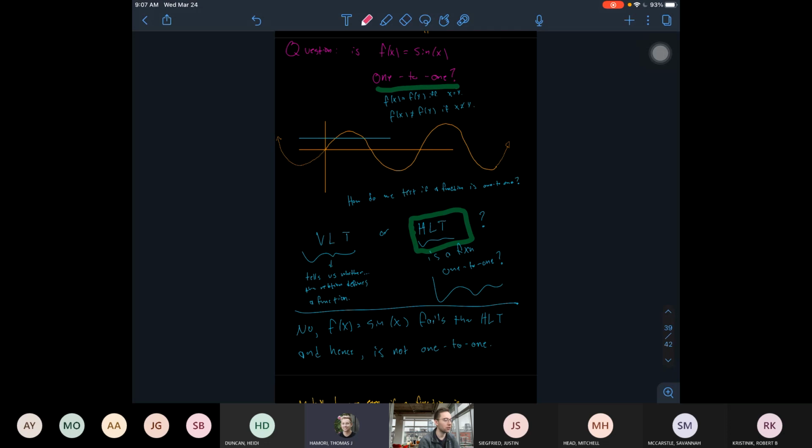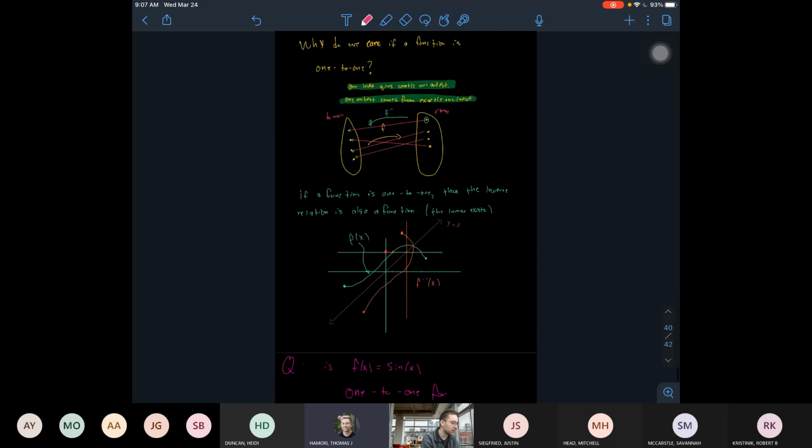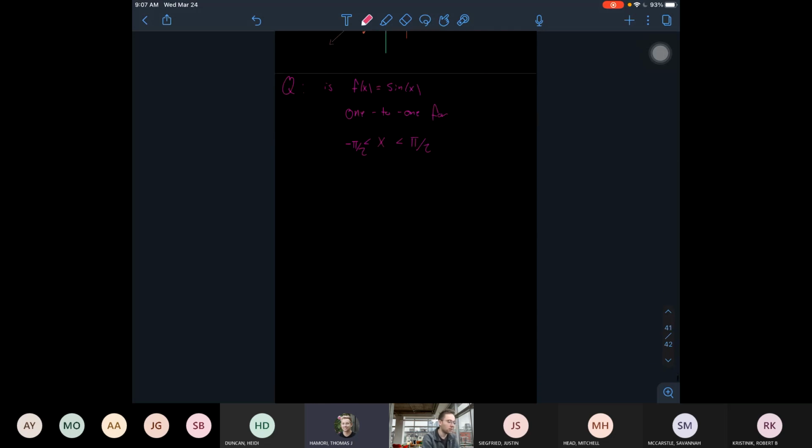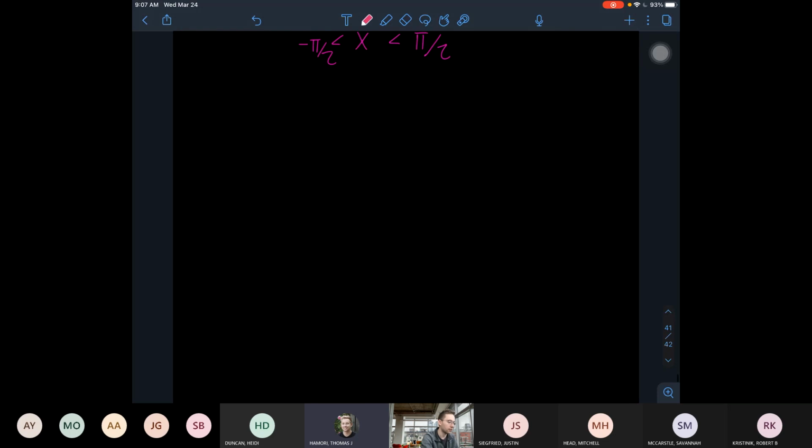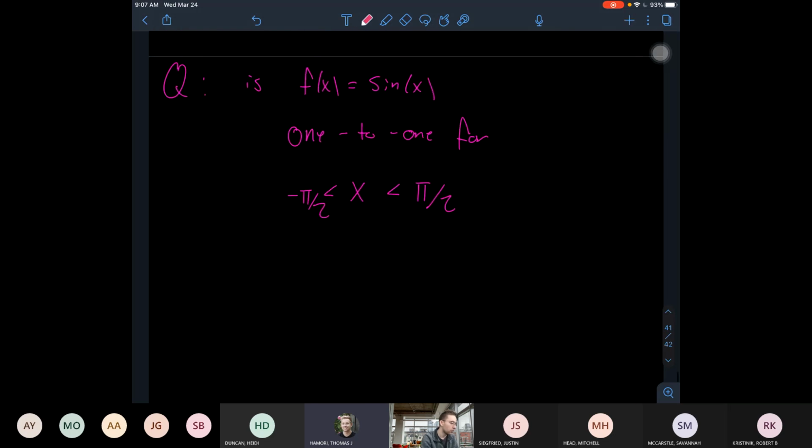Should we ever even consider asking for the inverse value of a sine function? And we do want to end up doing that in some sense. And so here's how we rectify that. We modify the question, basically. We know f of x equals sine of x is not one-to-one